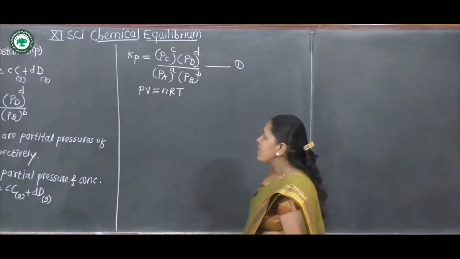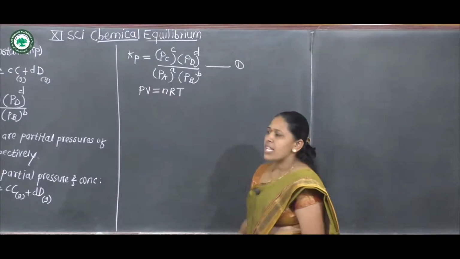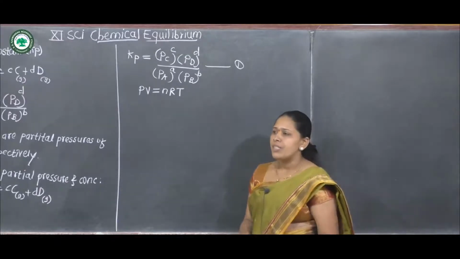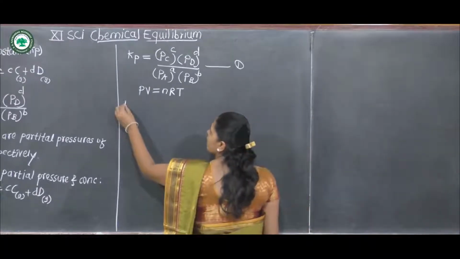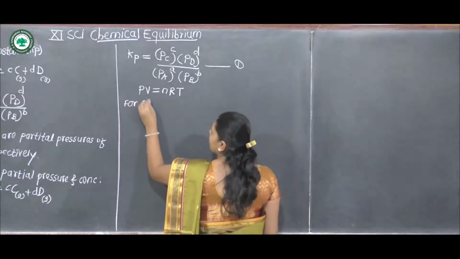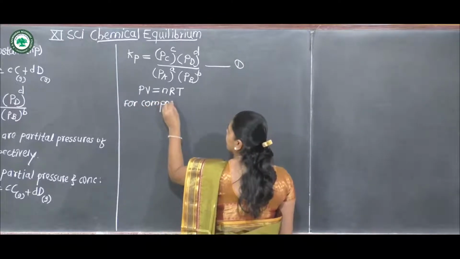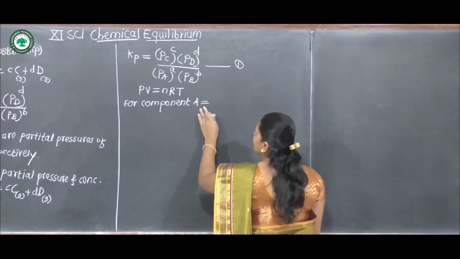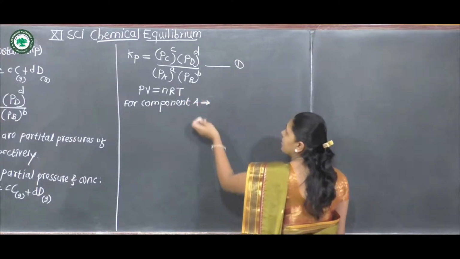That means here there are 4 gases A, B, C, D respectively. Therefore, for component A,